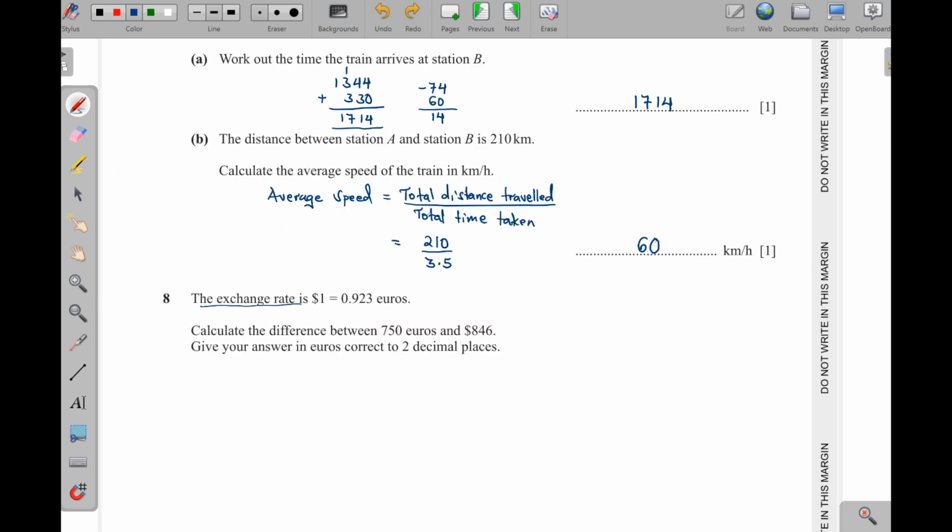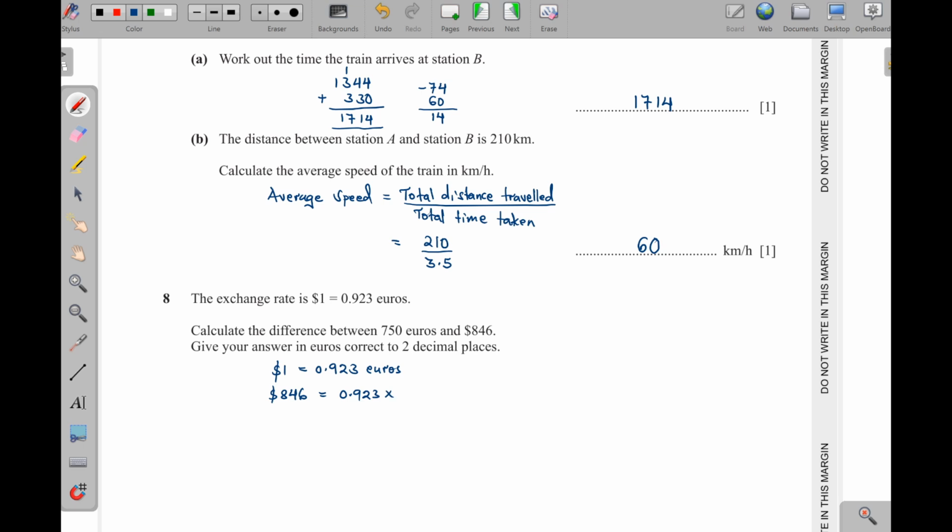Question 8, the exchange rate is $1 is equivalent to 0.923 euros. And they're saying calculate the difference between 750 euros and $846. Give your answer in euros, correct to 2 decimal places. Now that means I need to convert the dollars to the euros, okay? All right, so if $1 is equivalent to 0.923 euros, that means $846 will be equal to